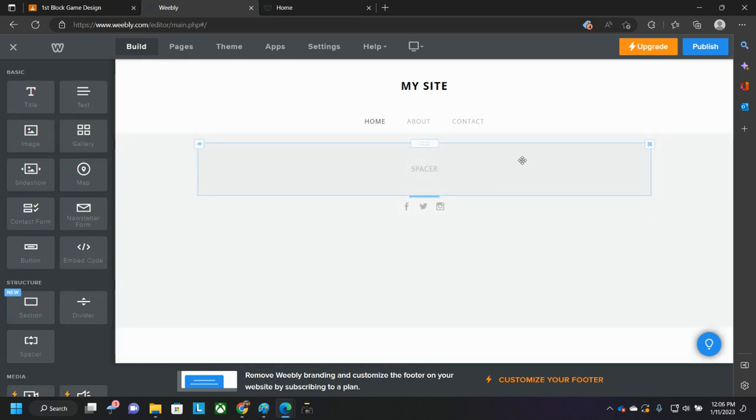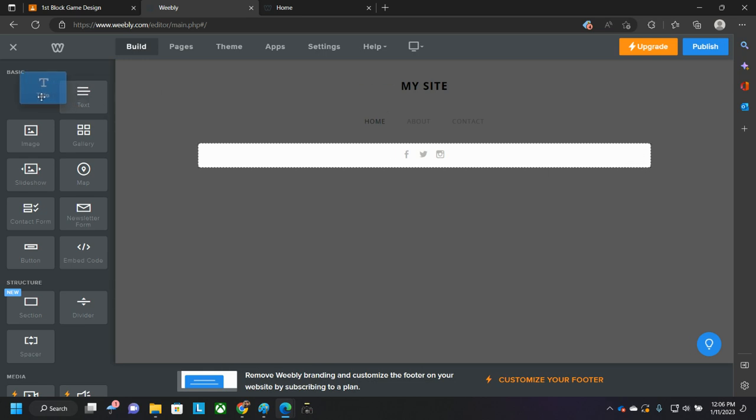You can even delete this big spacer. See this? When I mouse over this, it says spacer. I'm going to delete the spacer. I am going to leave the social media bar down there. That's going to be okay. Now, with the site stripped down, I'm going to drag in, not a title,